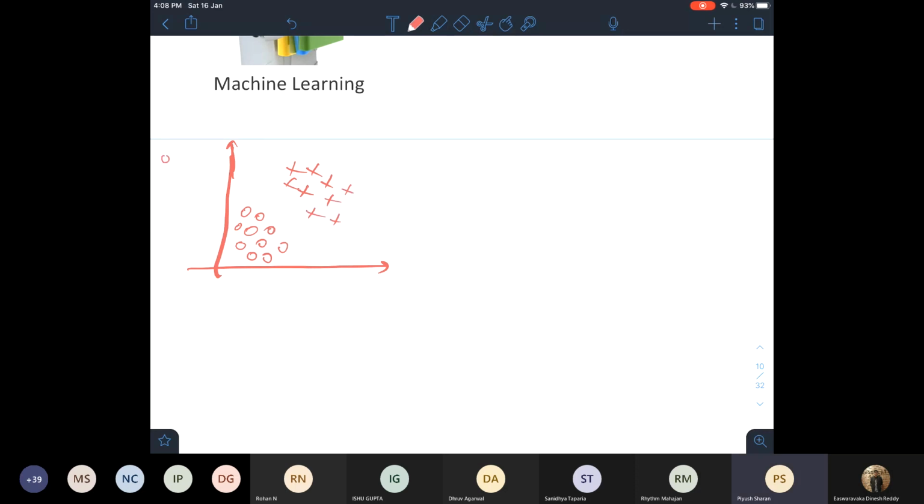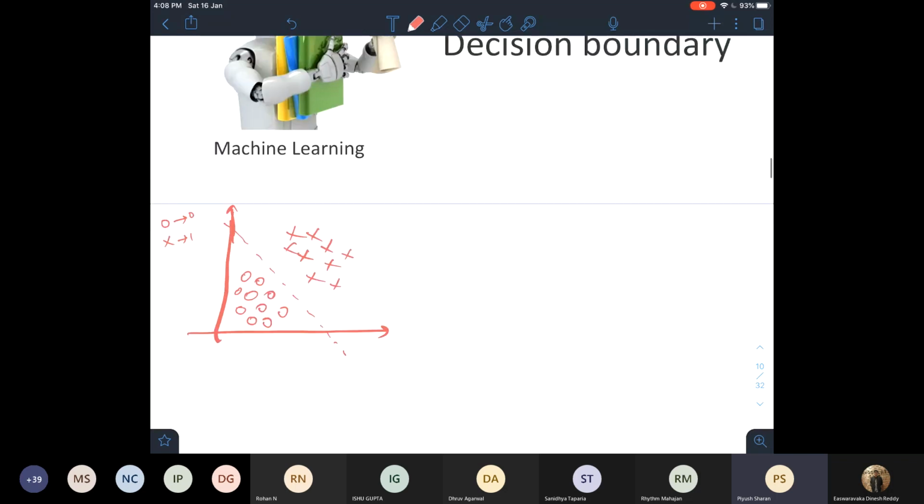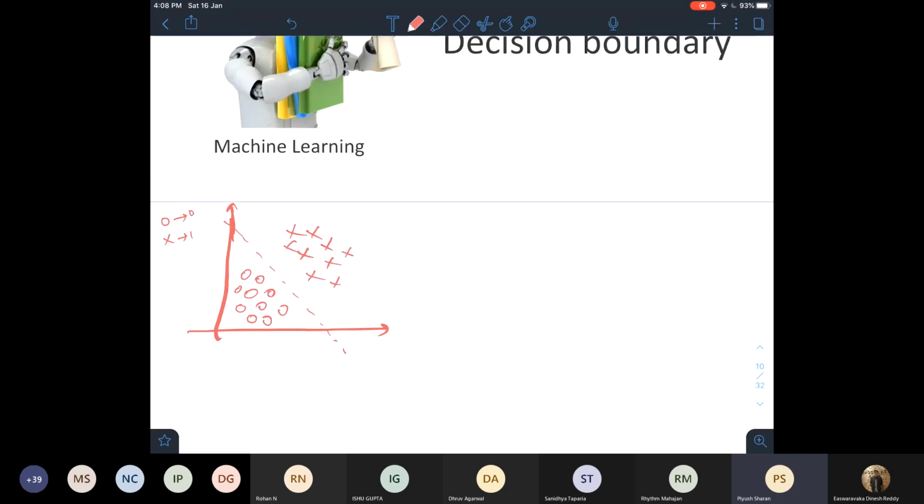So there are only two classes. 0 is the first class and X is the second. Now you can see clearly that there is some sort of boundary that separates these two, right?